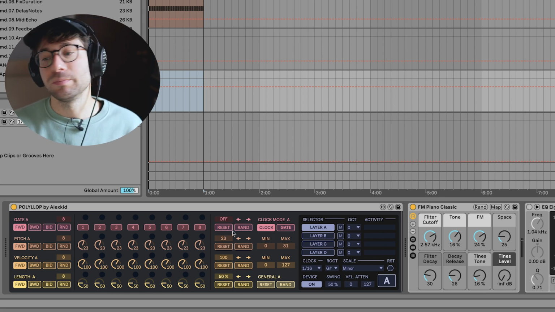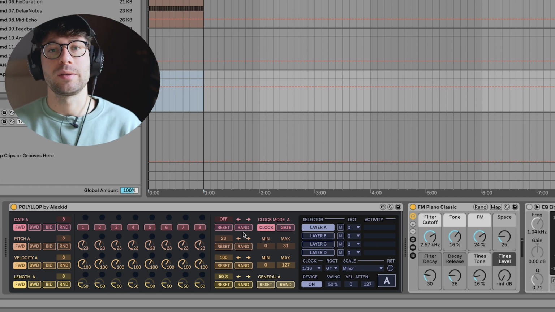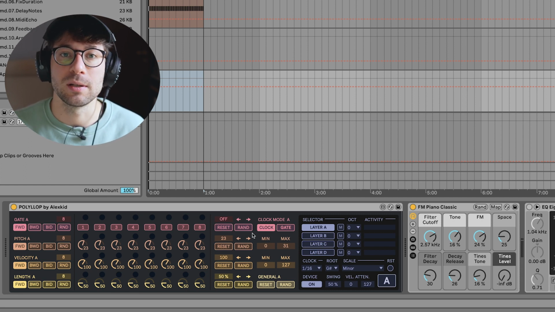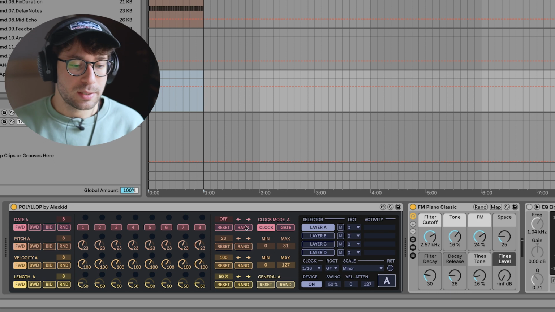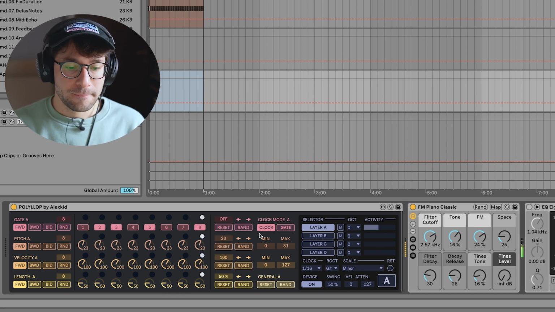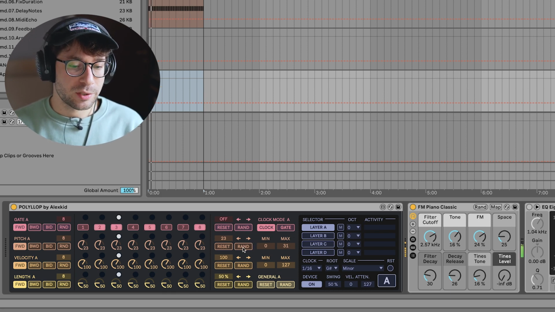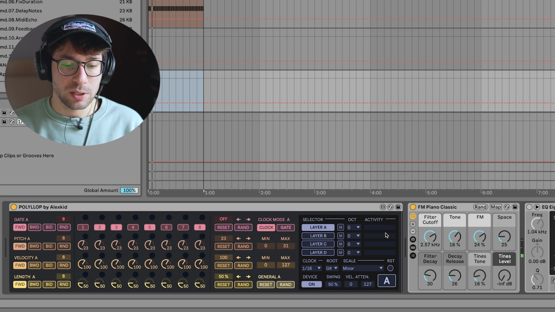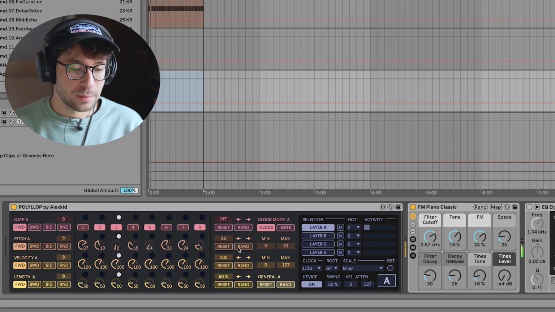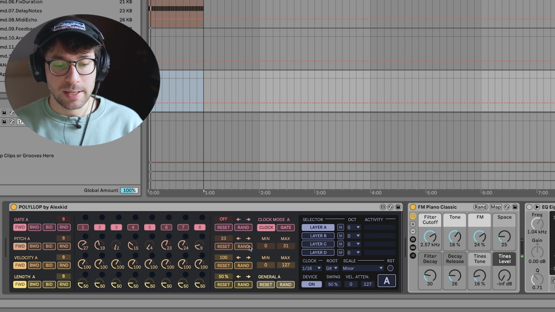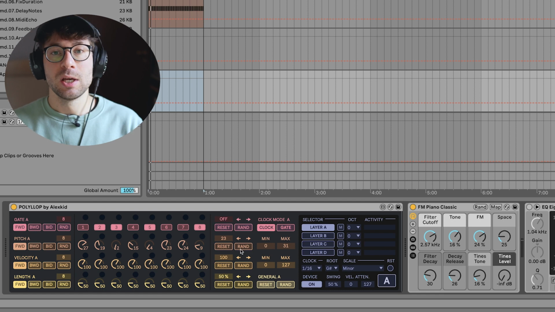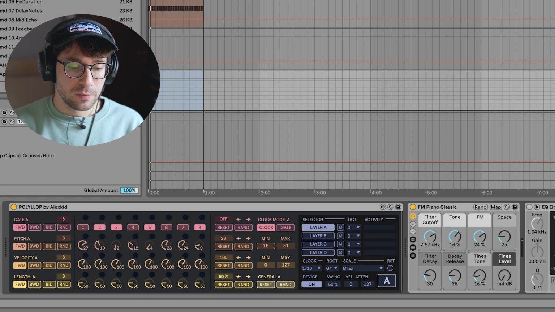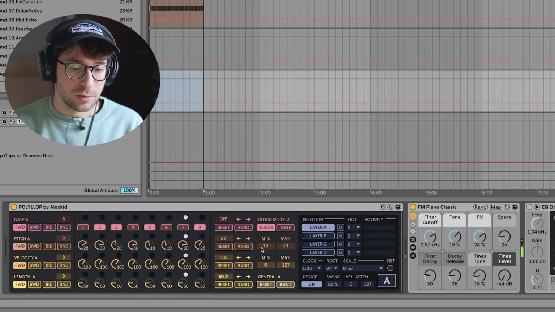So let's start to randomize a little bit. I always like to use these devices by starting with randomizing the steps. So simply, let's start changing the notes. As you can see, I'm using layer A and you see the activity on this layer. You can here select a range so it doesn't move too much in the octaves. So I could select here from 14 or 13. So it keeps being